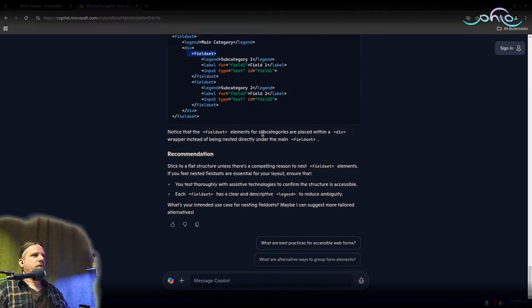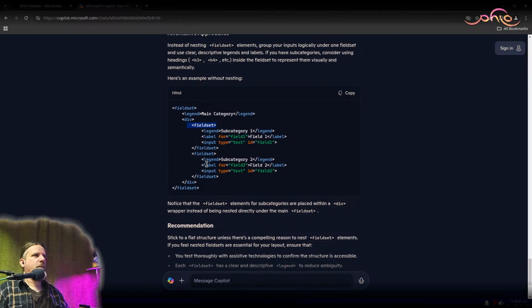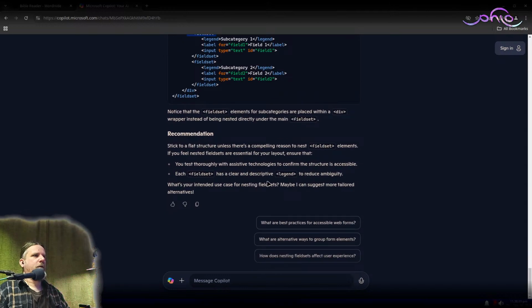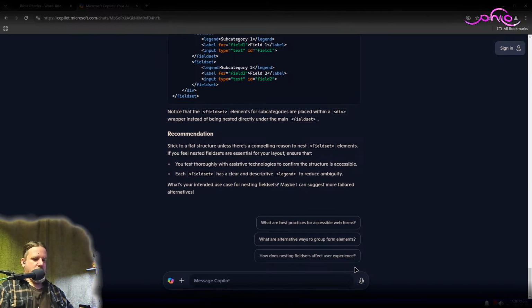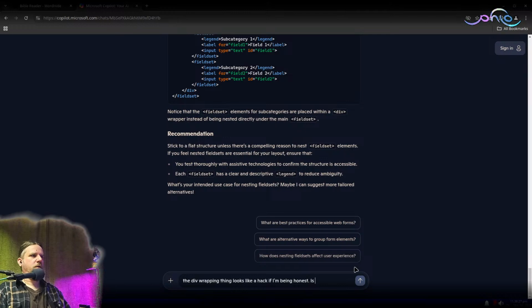Notice that the field set elements for subcategories are placed within a div wrapper instead of being nested directly under the main field set. Okay. It doesn't seem like that would solve the issue, but whatever. That sounds like a hack to me. Div wrapping thing looks like a hack, if I'm being honest. Is this acceptable or accepted practice?